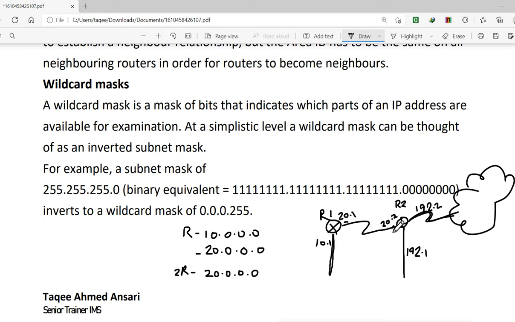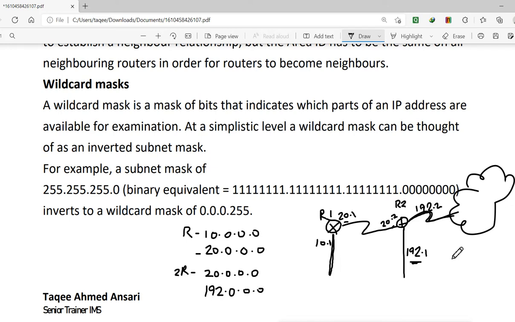Now it is okay, the interface sends the routing information to router 1 and it will receive the information from router 1. Now when I configure this interface, I have a network of 192, it is class C, so I will say 192.0.0.0. But we have created two subnets here.